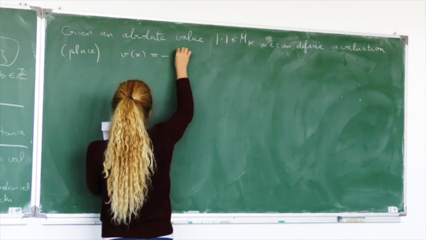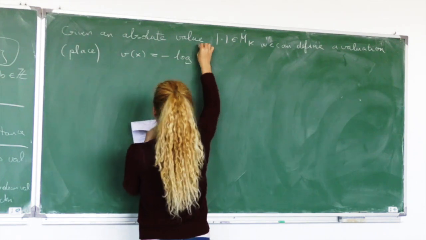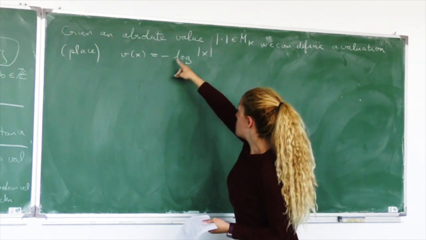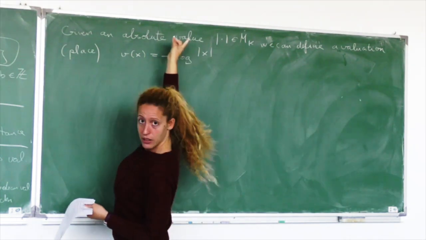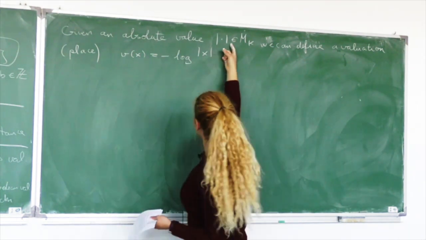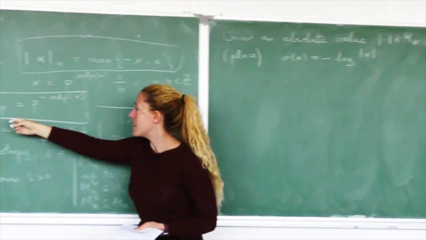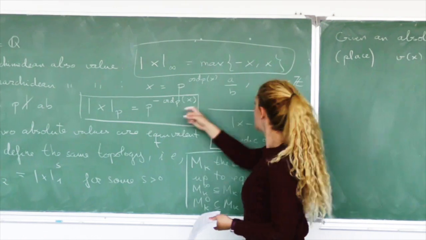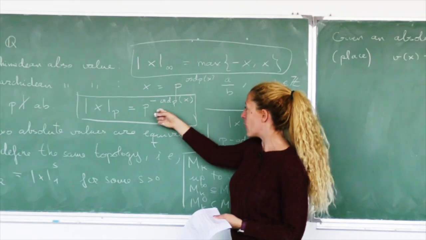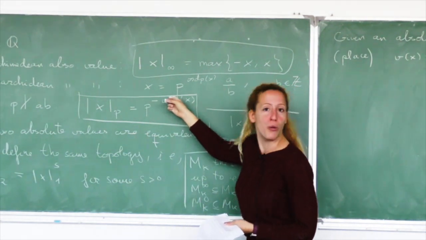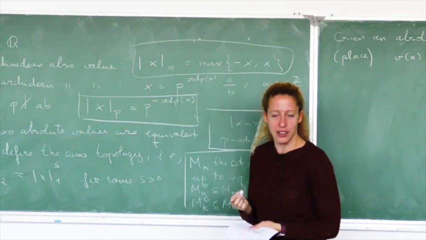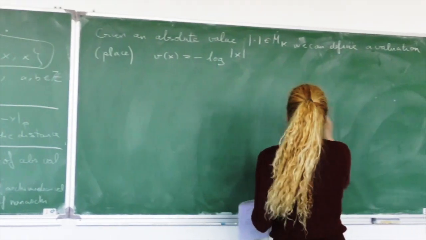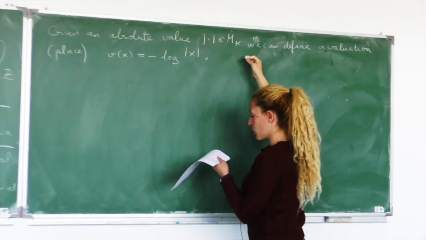So this is going to be minus logarithm of the absolute value of x, where the absolute value is the one that we fixed, the absolute value that we had here. With that equation, the minus logarithm, we are really trying to recover the order that appears here. And now is when we have the abuse of notation, because sometimes what we are going to do is that